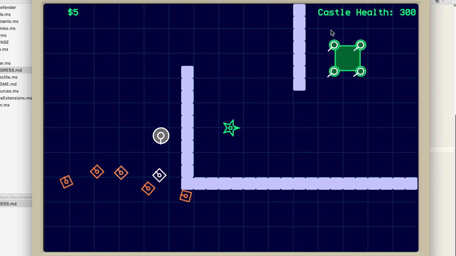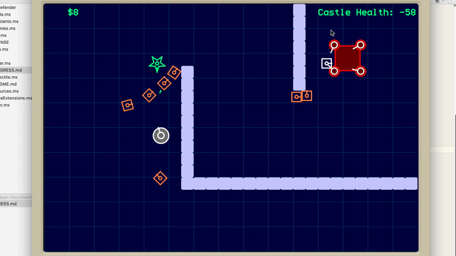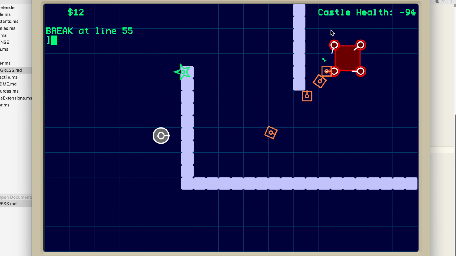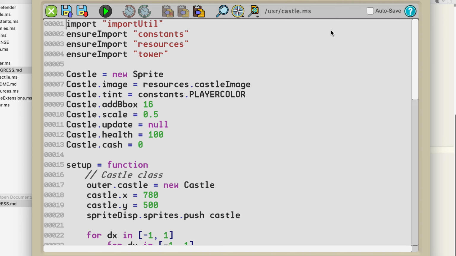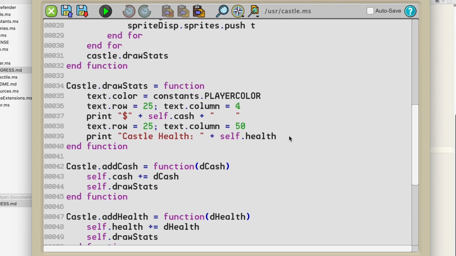I need to add some spaces after the castle health if we're not doing that already. Let's see, can they make the player flash too? Yeah. So, let's fix the castle display first. Castle health display. Castle health, self.health plus some spaces. Okay. And then,